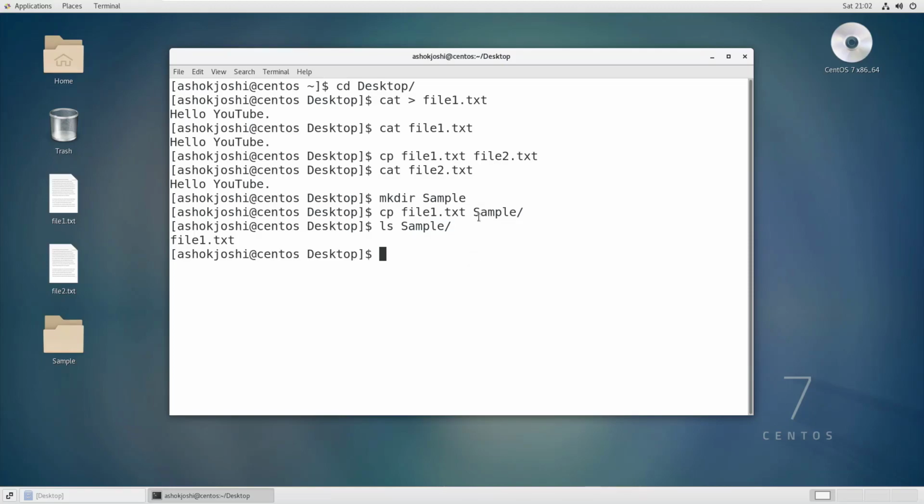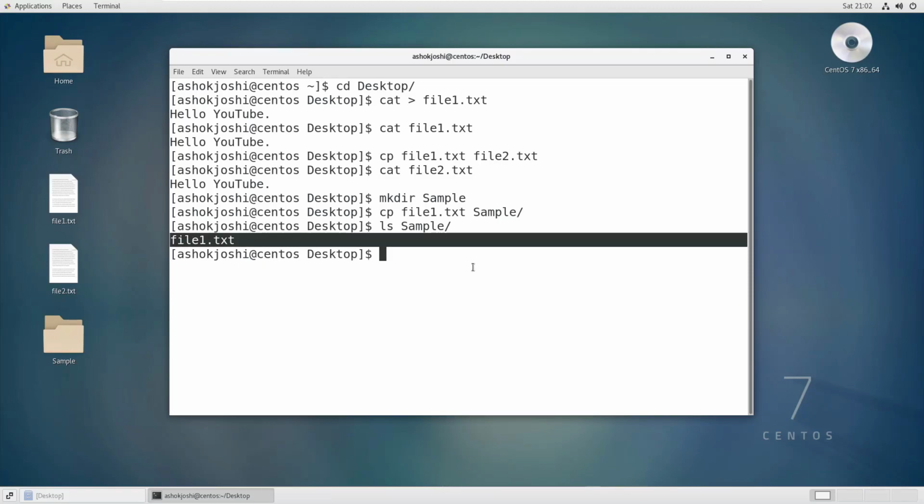Now in this sample directory we have a file called file1.txt, you can see here, right? Now I do not want to just overwrite this particular file.